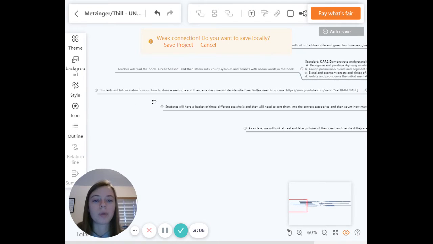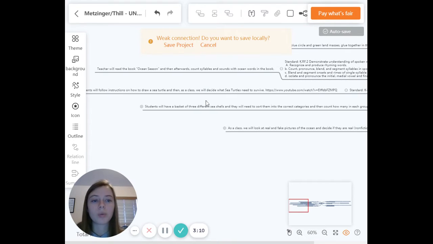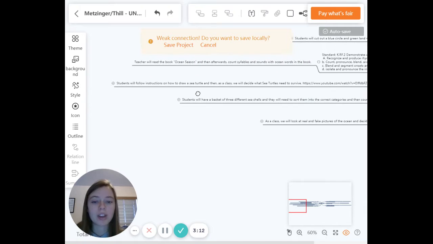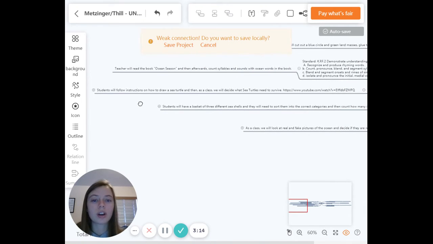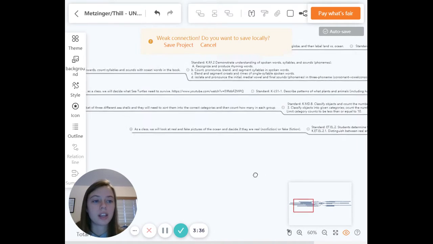So then we will have instructions on how to draw a sea turtle. And then as a class, we will decide what sea turtles need to survive. So we'll talk about, do sea turtles need water to survive, and in what way do they need water? Do sea turtles need ham sandwiches to survive? So just things that as a class and as kindergartners we can decide, yes, they need this, or no, they don't need this. And that standard is